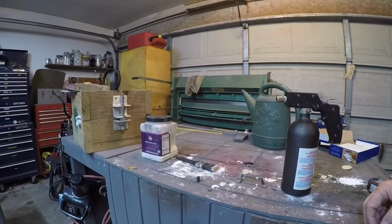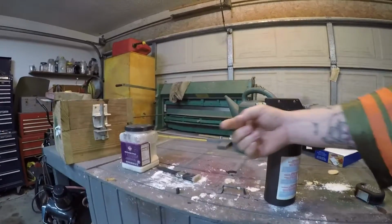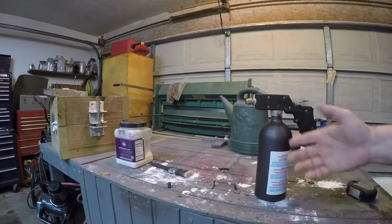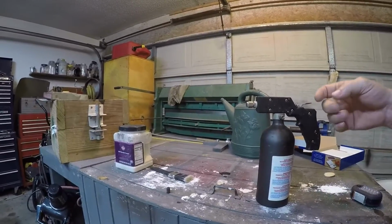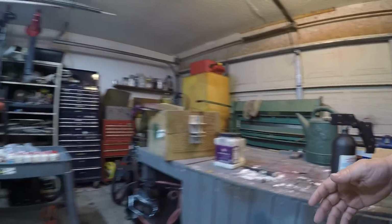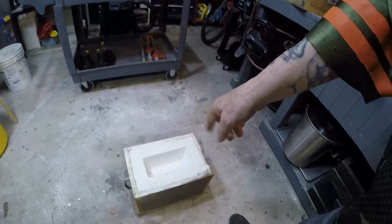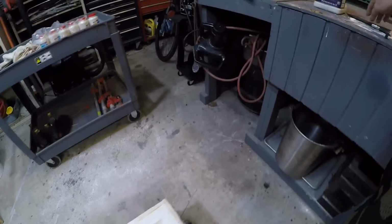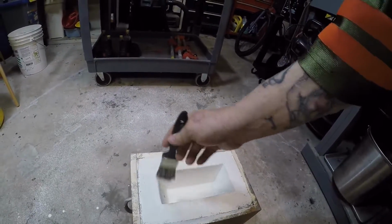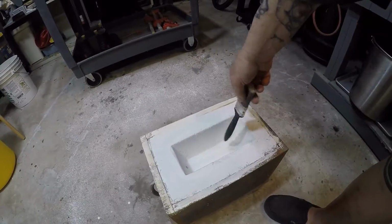mold wash, because it came out in streams, like 5 or 6 different streams, and you don't really want that spraying in your mold wash. I wound up having pools in there, okay, which necessitated me to spread it all out, trying to make it as even as possible. But you look at this,